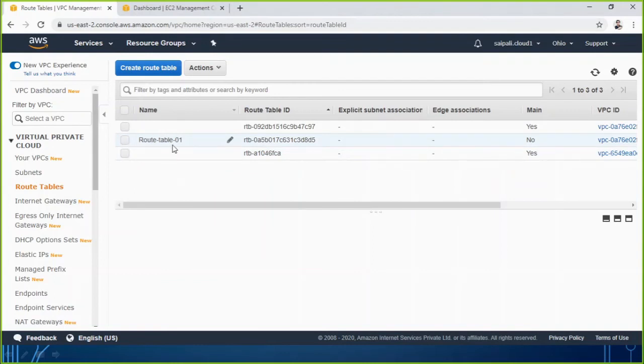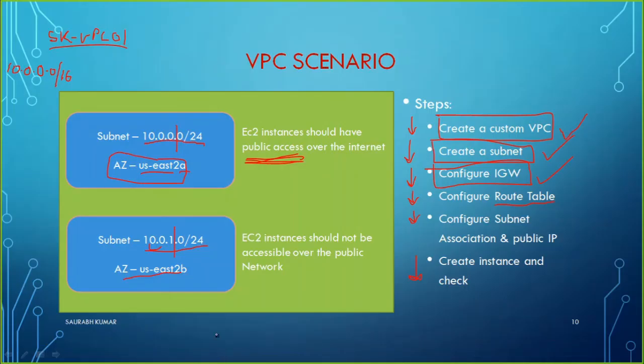Once we created the route table, one thing always we have to keep in our mind is that according to our scenario here, we will require two route tables actually, because one route table will be required for this subnet and another one for this subnet, because our condition is different. As per our scenario, this subnet should have the public access, but this one should not have the public access.